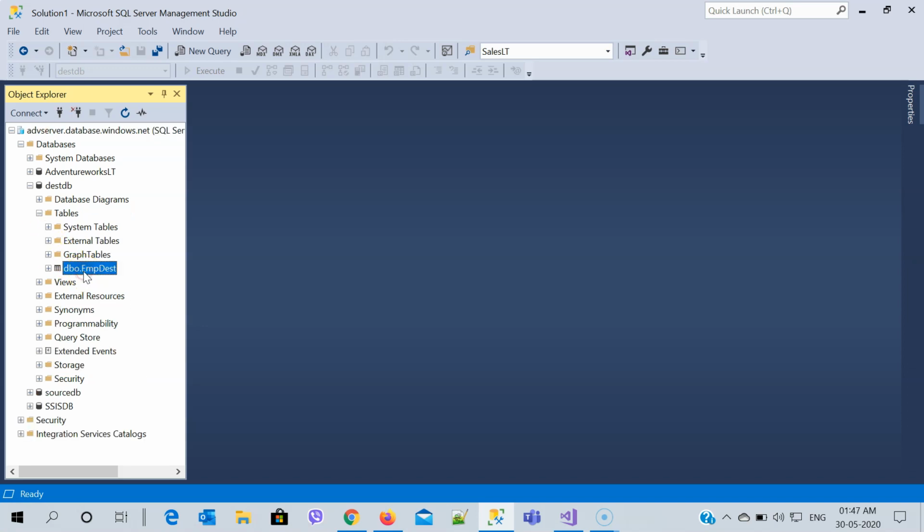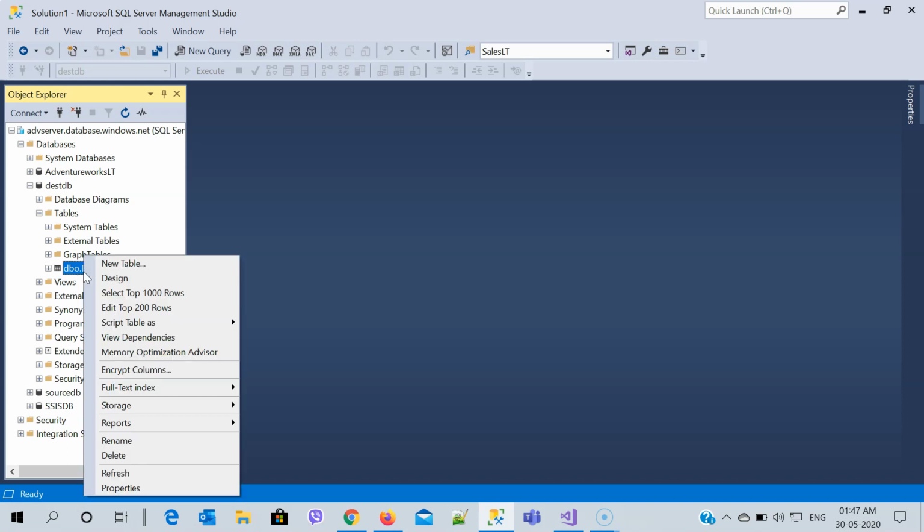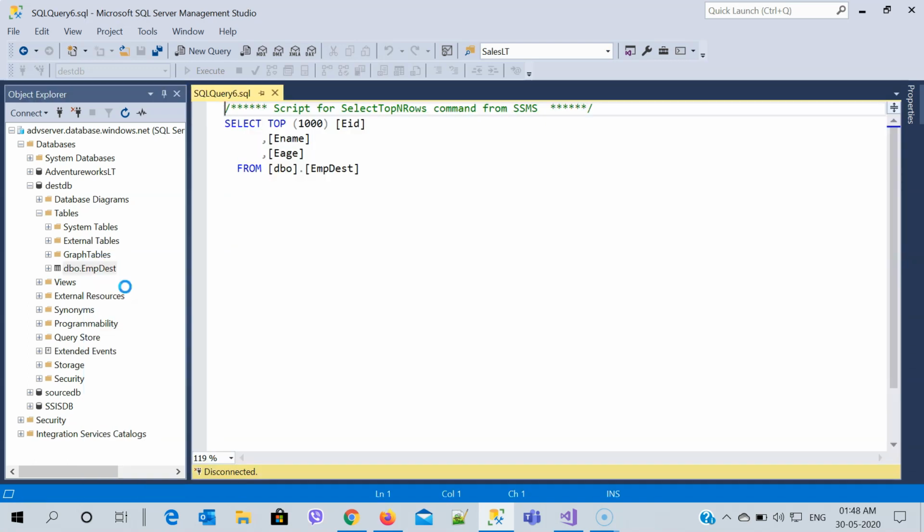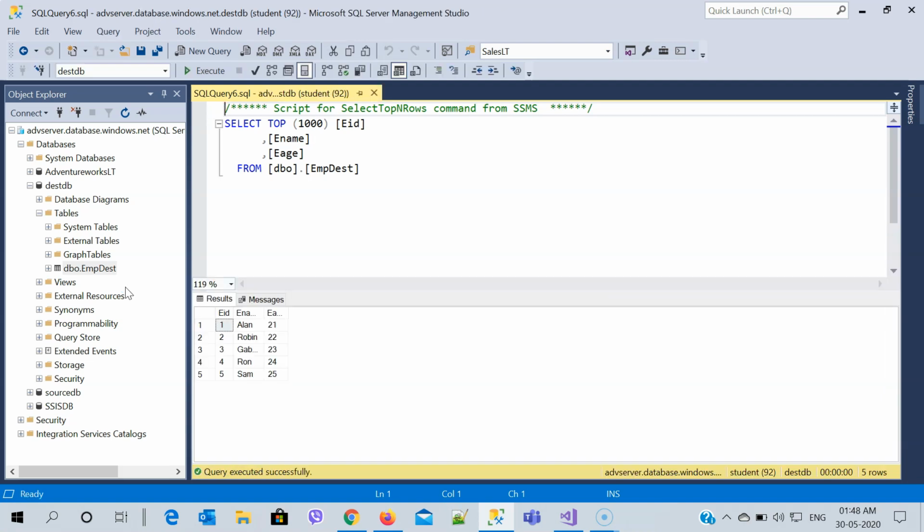And I will right click on this empdest, and just next to it I will say select top 1000 rows. Now as soon as the execution will be completed, you will be able to see that I got this data right here on this particular location.